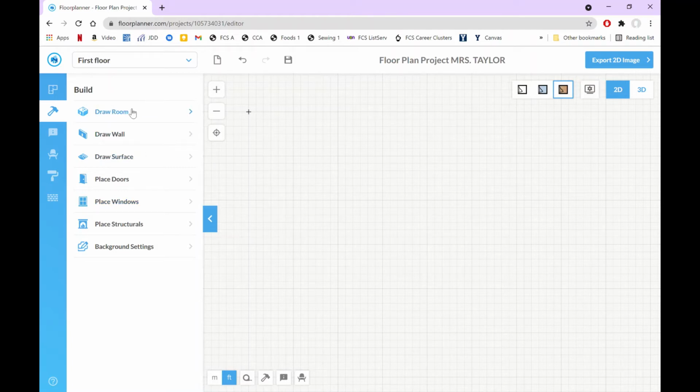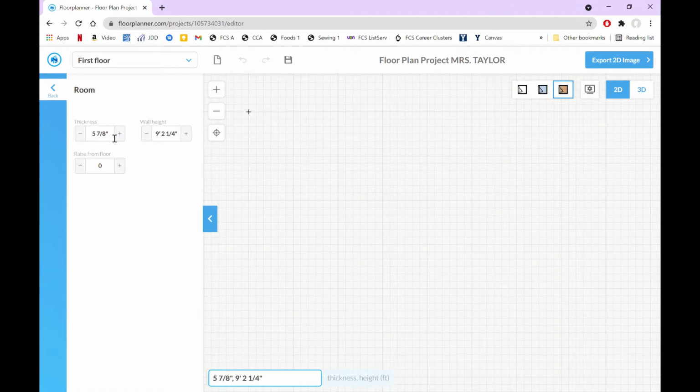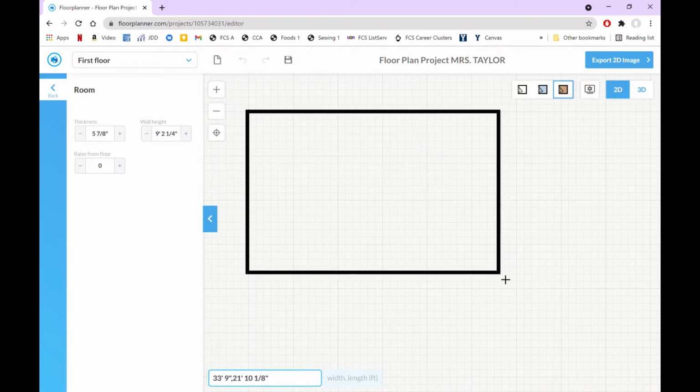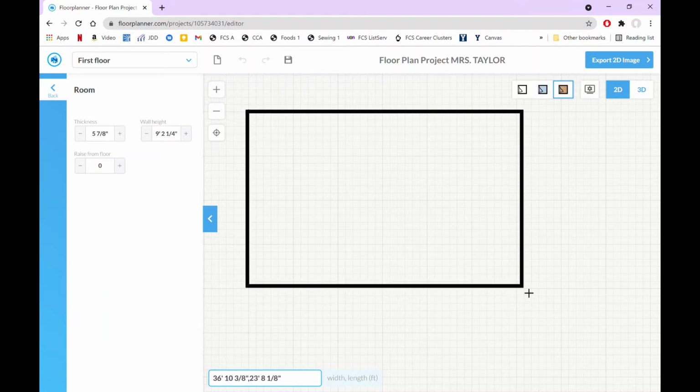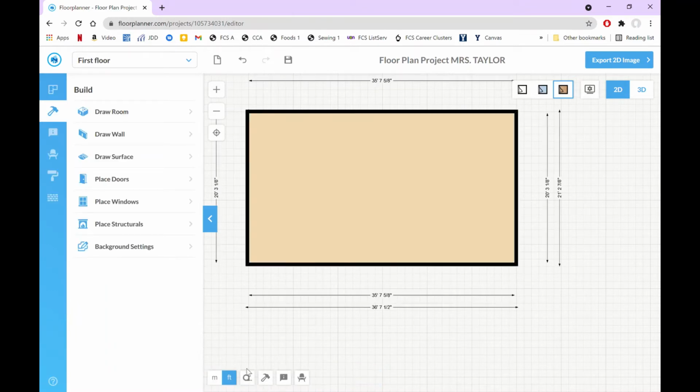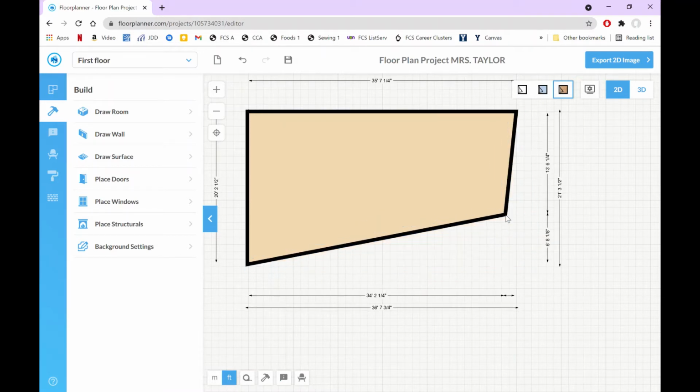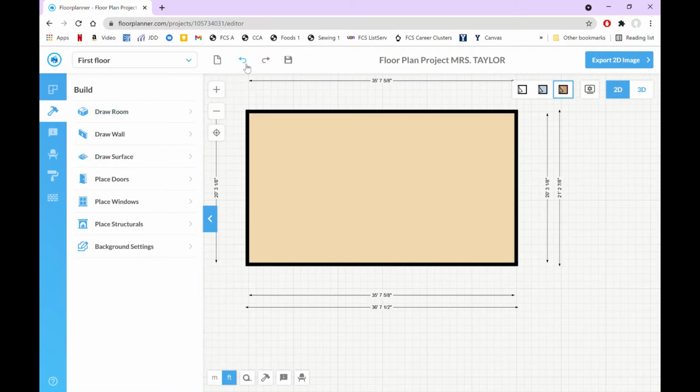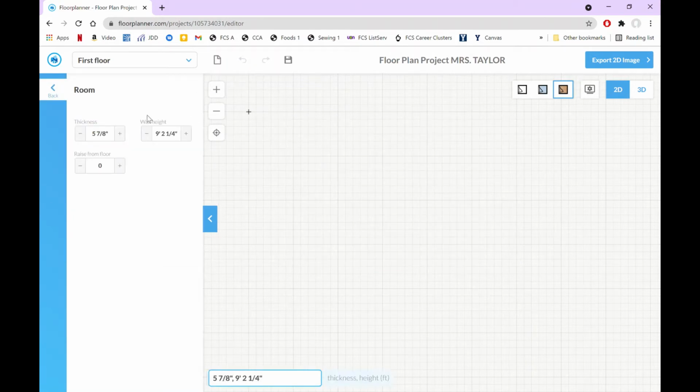So I'm going to start by drawing a room, and I'll start here. And for this assignment, we're going to do a space that is 20 feet by 30 feet. You can see down here, like right where that was, it tells you the measurements. So I'm going to undo this so that you can kind of see while I'm doing it. So I'll draw a room again,